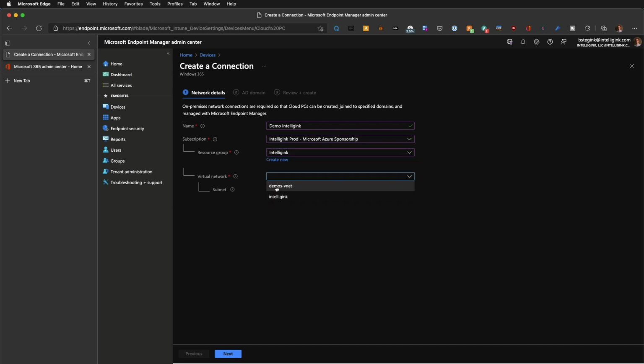This is that demos VNet. You may have seen it on the last screen. This is where my domain controller sits. And then I just have a default subnet in here. So if I was to go look in my Azure portal and look in my Intelligink prod subscription, my Intelligink